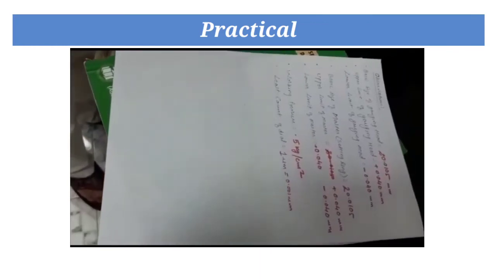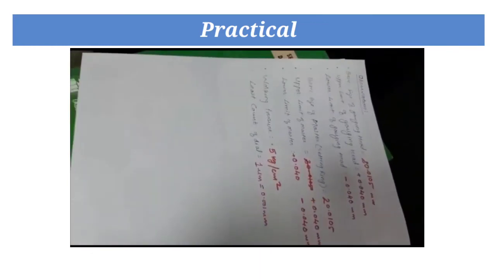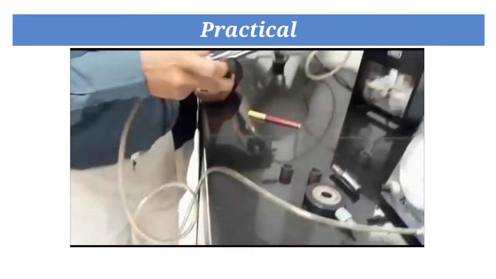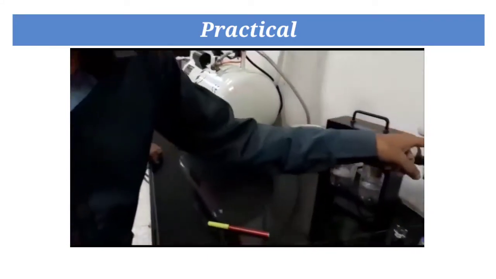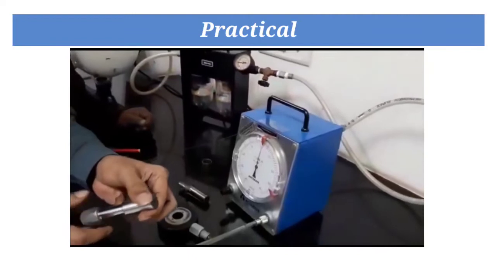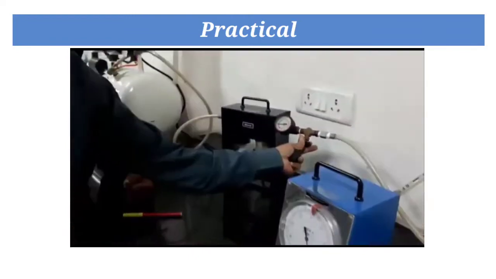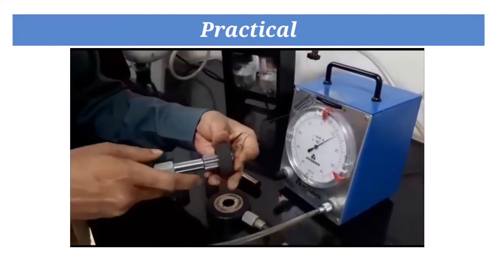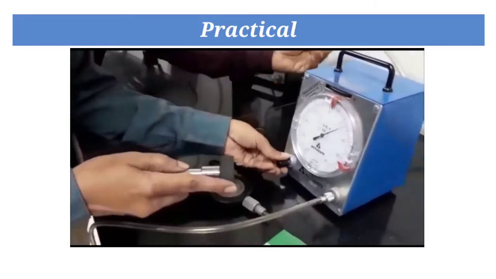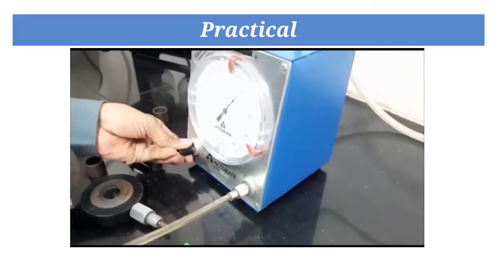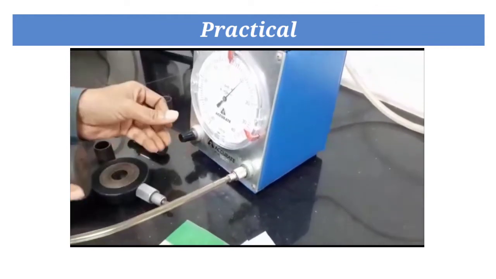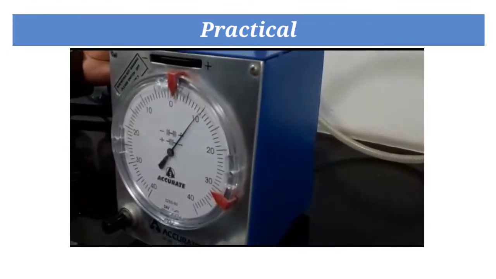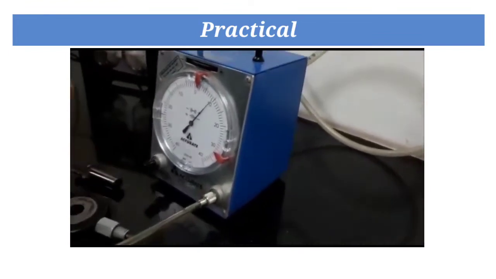Now how to measure it? First of all, I will just on this knob, and now pressure is coming. When the pressure comes, you can see I just on this. This is a setting ring. I'll insert this setting ring and adjust this to the 10. You can adjust to any positions. So in this way, yes. So here I adjust it to the 0. Now to the 10. Now take the components.